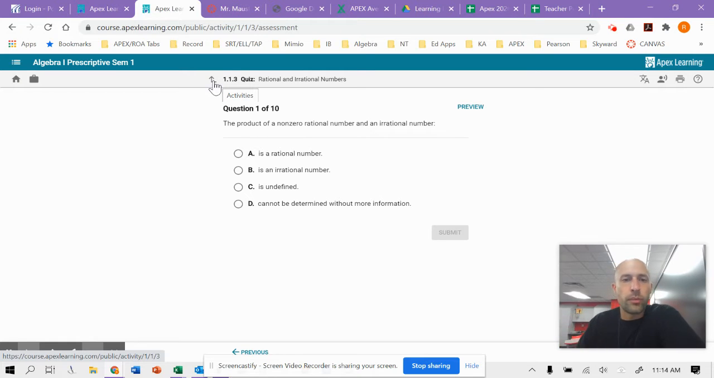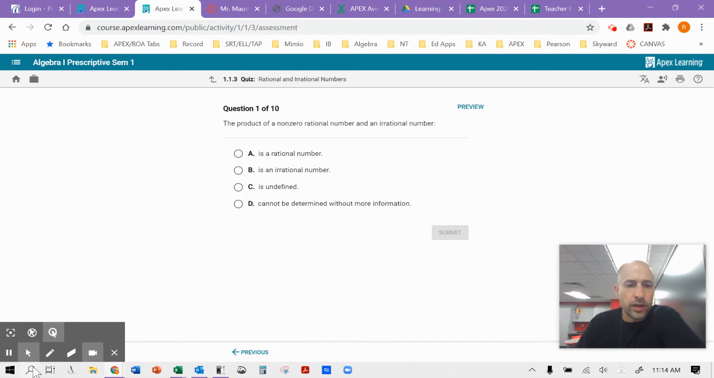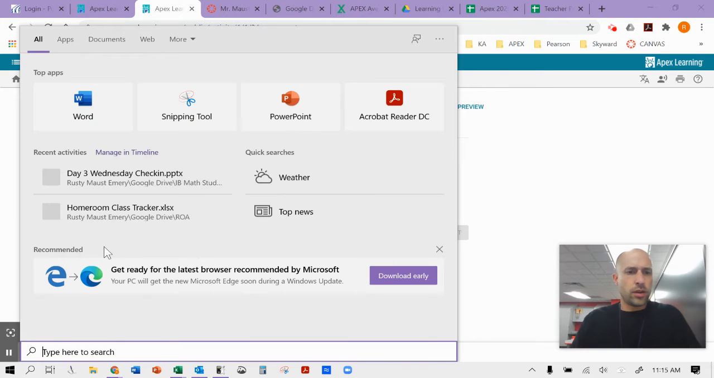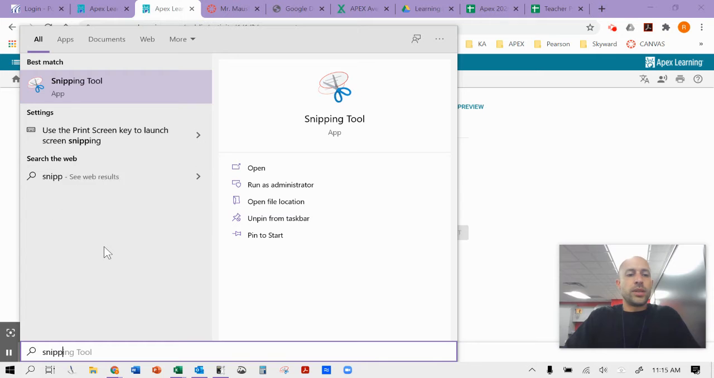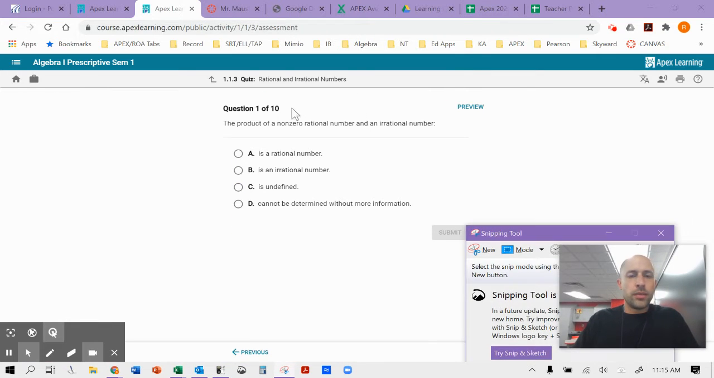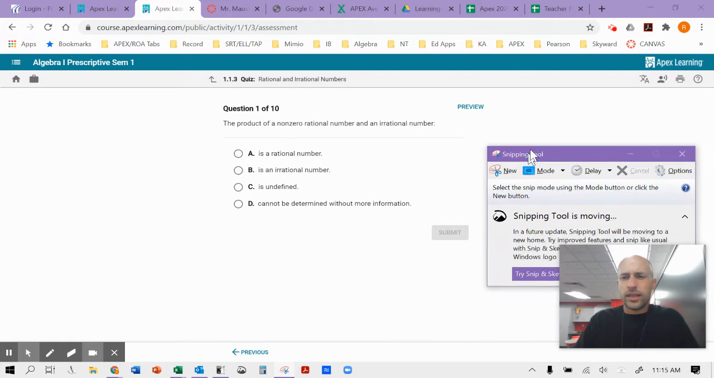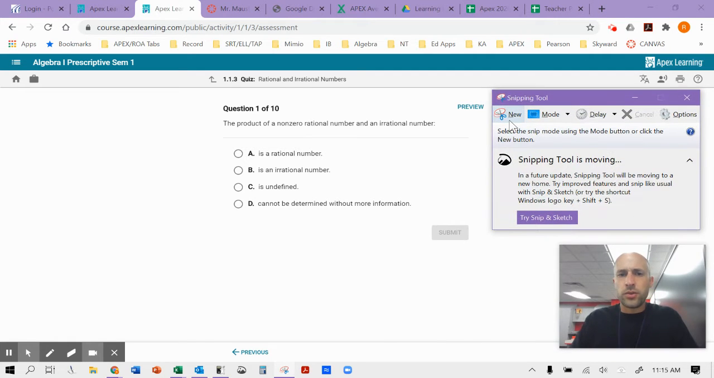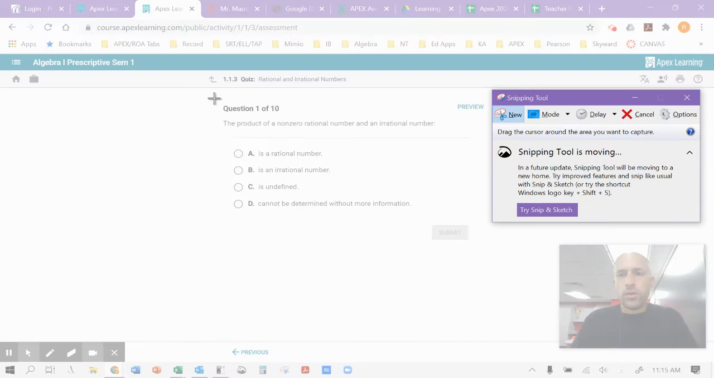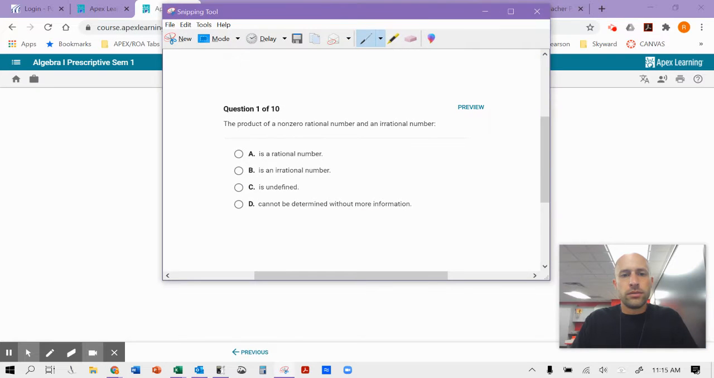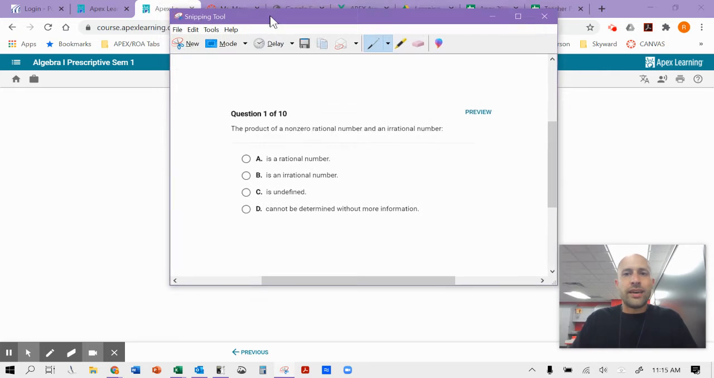But rather than just going back out, what you can do is, down here, if you're not familiar with it, go to your search bar on your start menu, and type in snipping tool, and it should start popping up. This is basically a little screenshot program, so here's what I would do. Before you exit the quiz, do a new screenshot, just snip the question, and then just have this